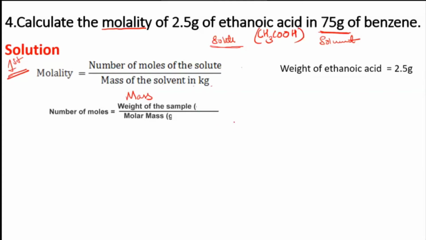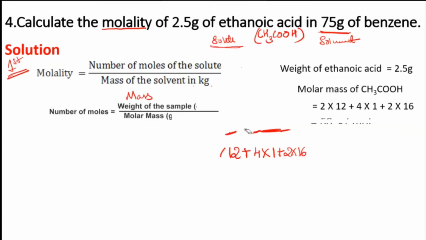So your molar mass, yeah, ethanoic acid is CH3COOH, correct? We have 2 carbon here. You can see 2 carbon. So you can write 2 into carbon atomic mass, 12. Plus, how many hydrogens are there? 3 plus 1, 4, no? So 4 into mass of hydrogen is 1. Plus, we have 2 oxygen here. Okay, 2 oxygens are there. So 2 into mass of oxygen is 16. So when you add all of these numbers, you will get 60 as the answer. Very good. Okay, the one who have got 60, that's the correct answer.